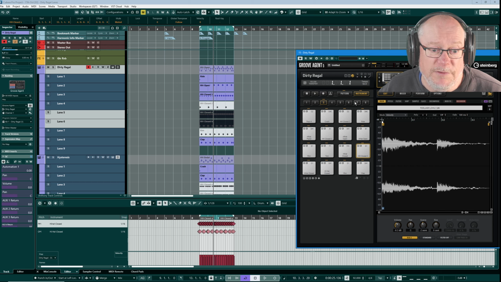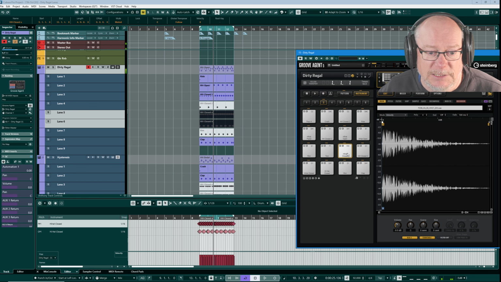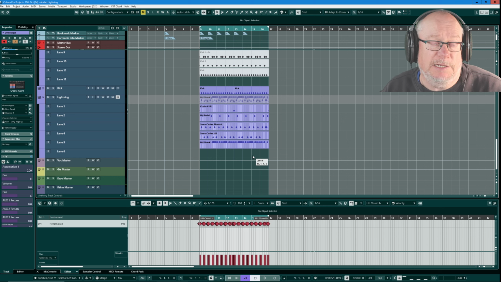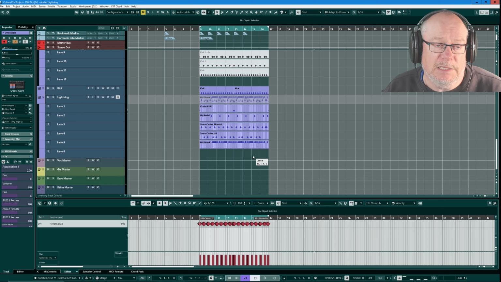Generally speaking, with Groove Agent, when you drag stuff across, you'll get most of this for free, but very often, because I basically added a load of different hi-hats into this kit when I was coming up with different ideas for sounds, as you can see, there are lots of different pads with the same name. You want to clear all of that stuff up as early as possible to keep everything nice and neat and tidy. Now that I'm up and running with my basic rhythm and I've got those two kits working well together,